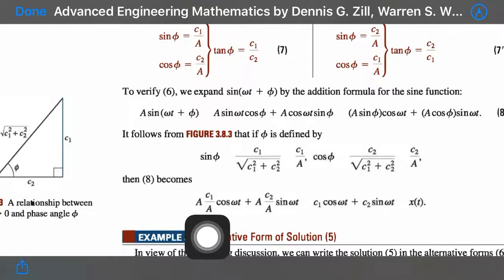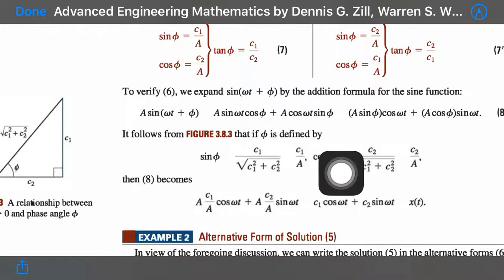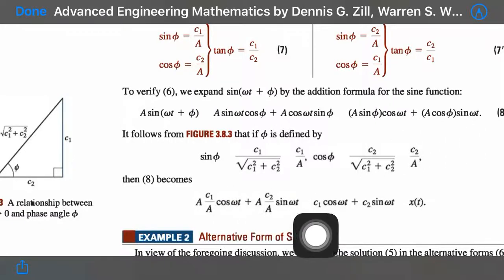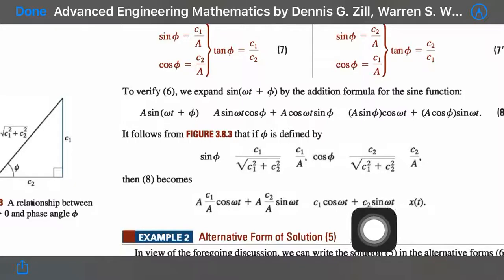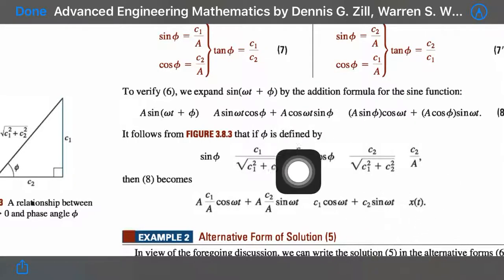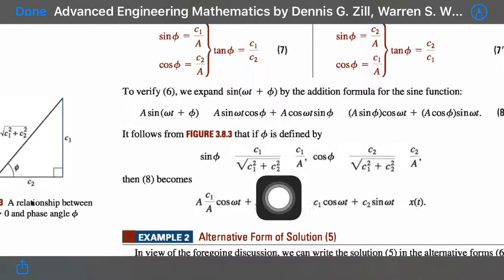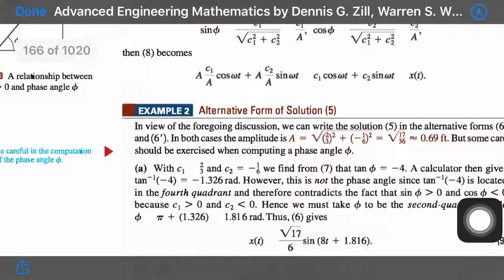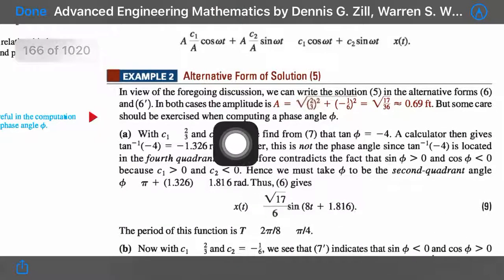So I got that result, that is a times c1 over a cos omega t plus a times c2 over a sin omega t, which is equal to c1 cos omega t plus c2 sin omega t, which is equal to x of t. So this is the general solution for the equation of simple harmonic motion. And here is the